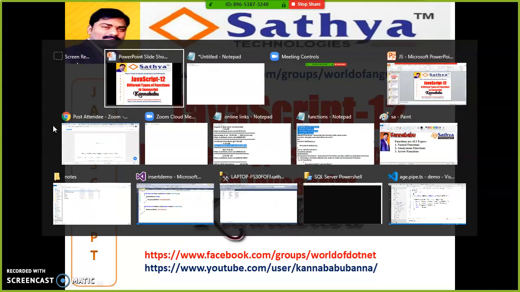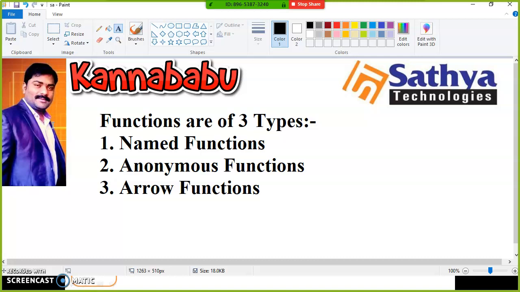Okay, so today we'll discuss different functions in JavaScript. JavaScript supports three types of functions. One is the named function, another is the anonymous function, and another is the arrow function. Nowadays the popular one is the arrow function. You can also call it a lambda expression, which is popularly used in all languages like .NET, Java, Python, and Angular especially. So the three types of functions in JavaScript are: named function, anonymous function, and arrow function.